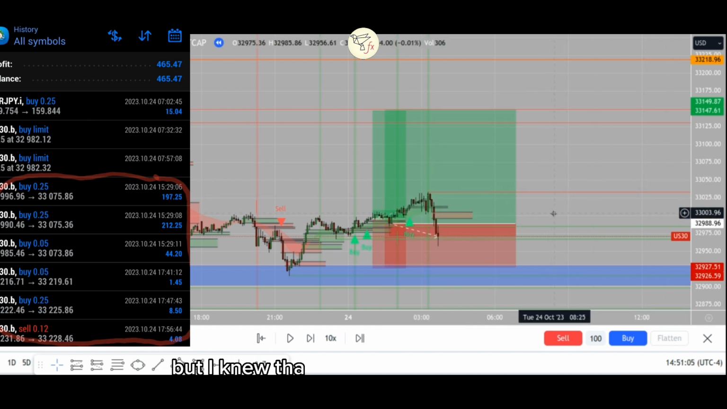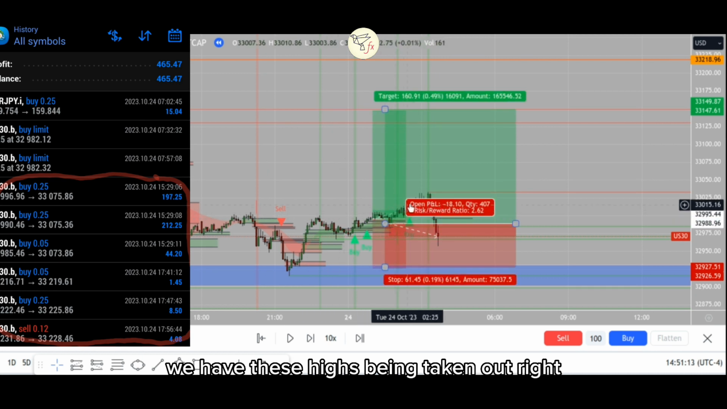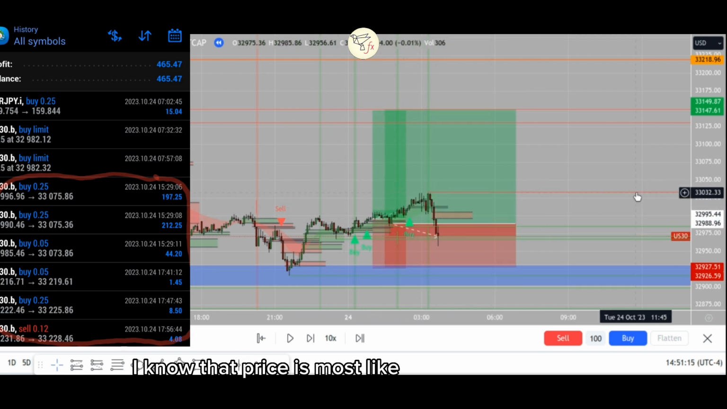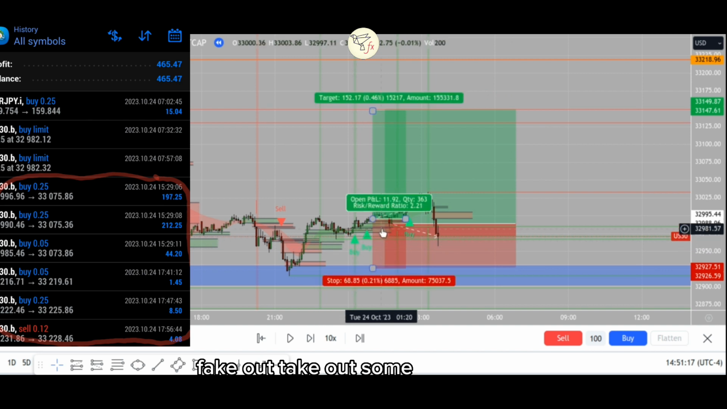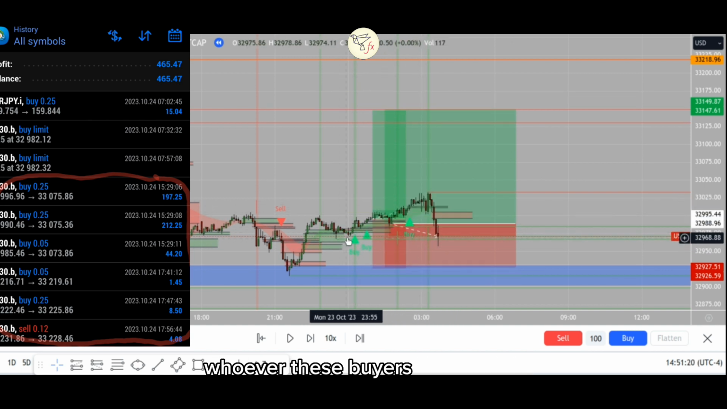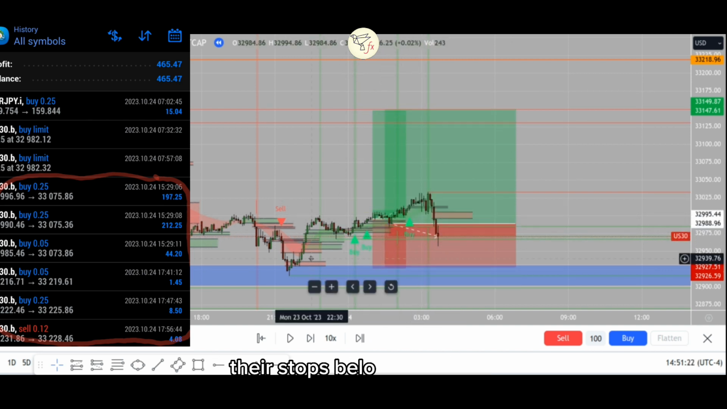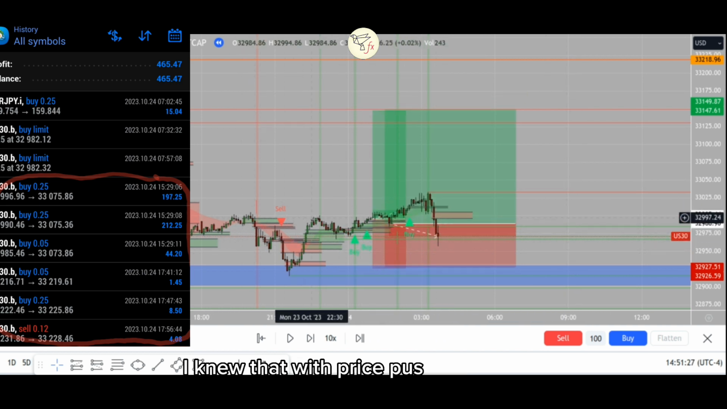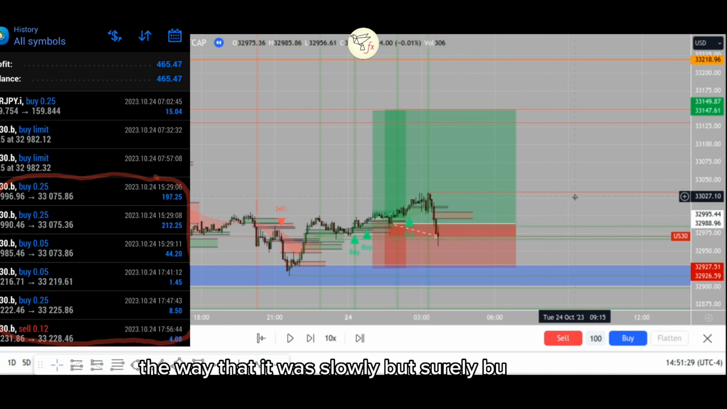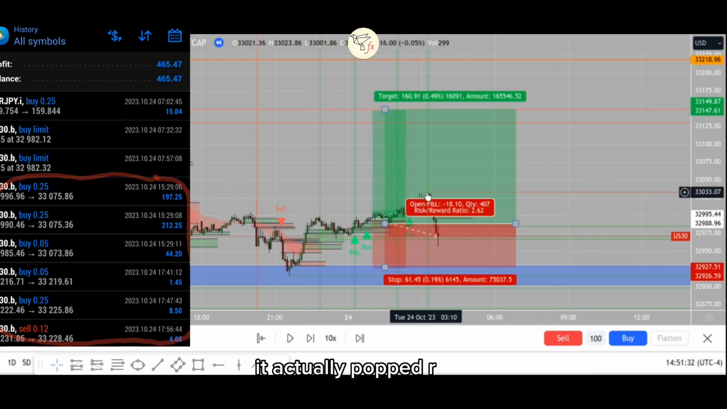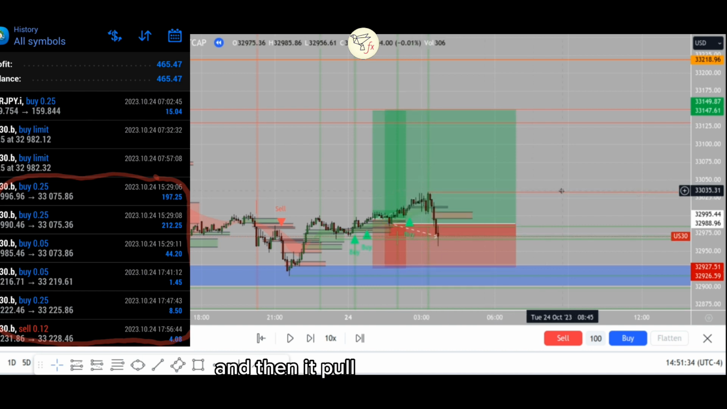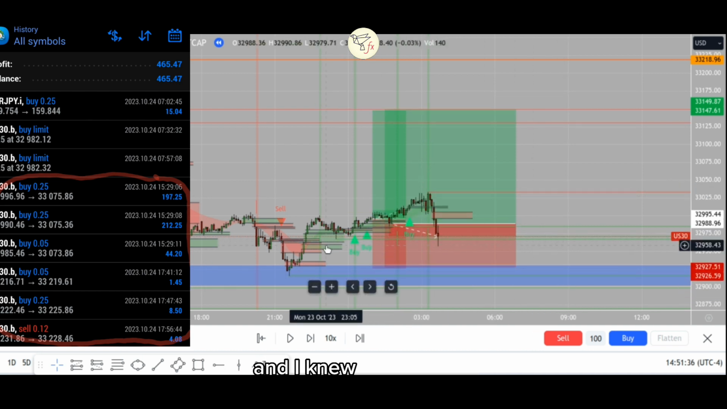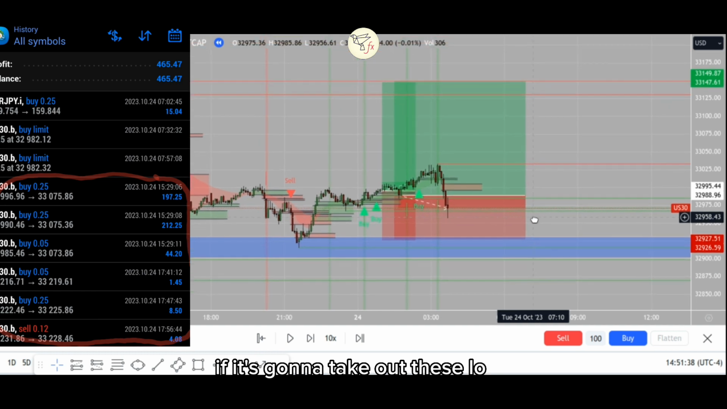But I knew that because we have these breaks of structure, we have these highs being taken out, right? I know that price is most likely going to come down, fake out, take out some buyers, right? Whoever these buyers are that have their stops below these lows, these temporary lows, I knew that with price pushing through the way that it was slowly but surely building up, it actually popped, right? And then it pulled right back down and took out these lows. And I knew that, all right, if it's going to take out these lows,